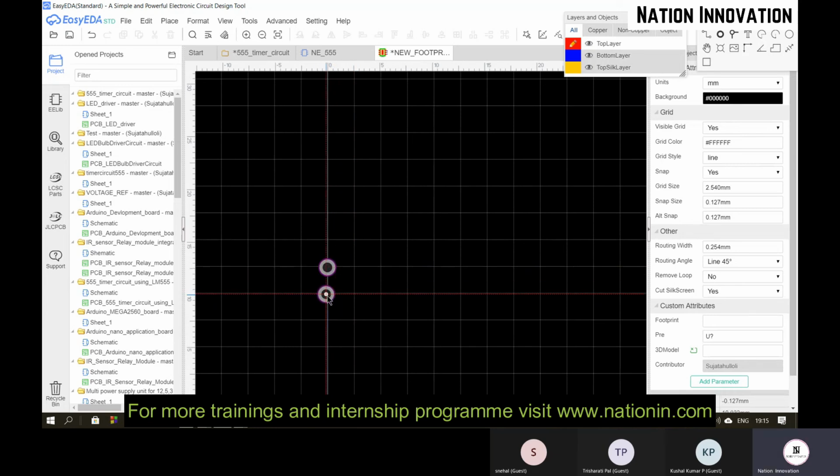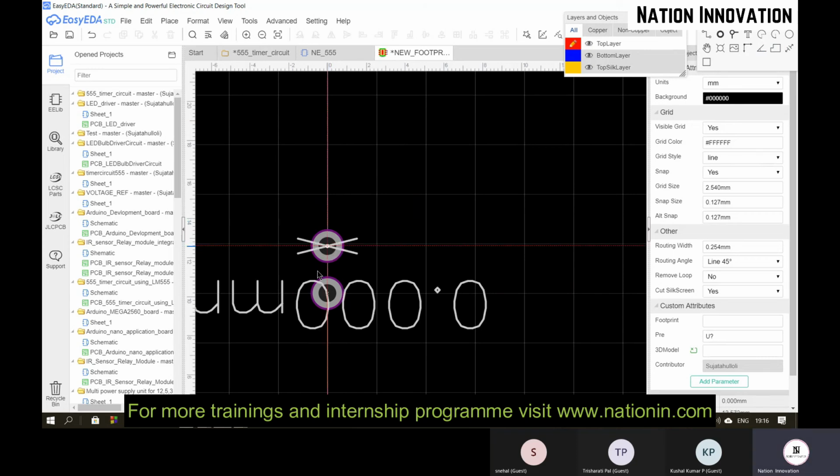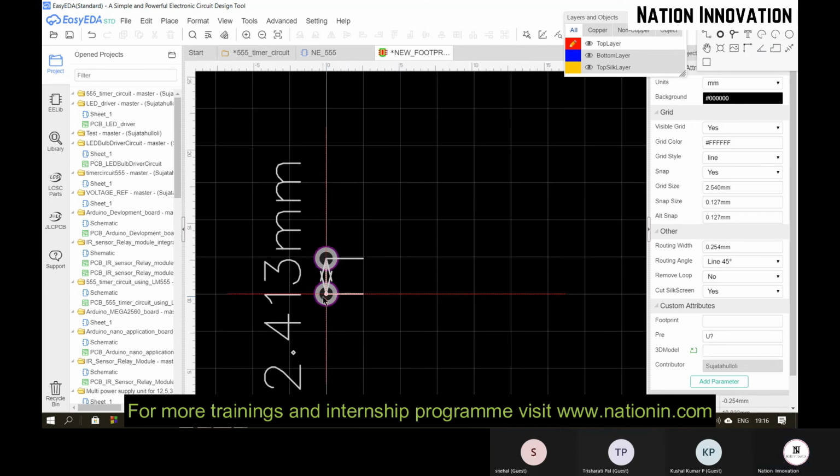The distance between two successive pads is 2.4 mm. To measure the distance between two pads, there is a tool called dimension here. You can select that. The shortcut is N. You can see the distance is 2.4.